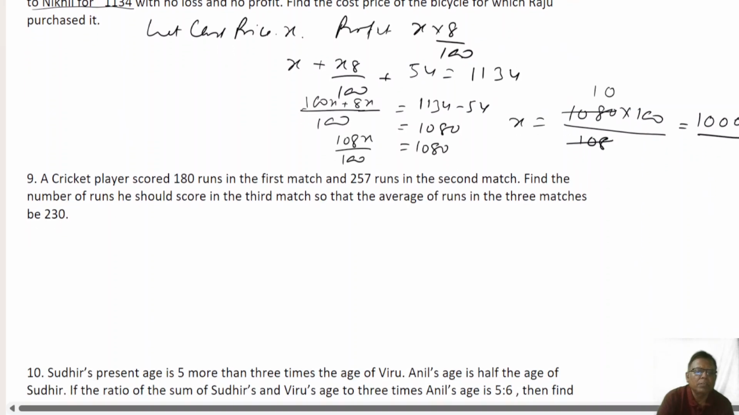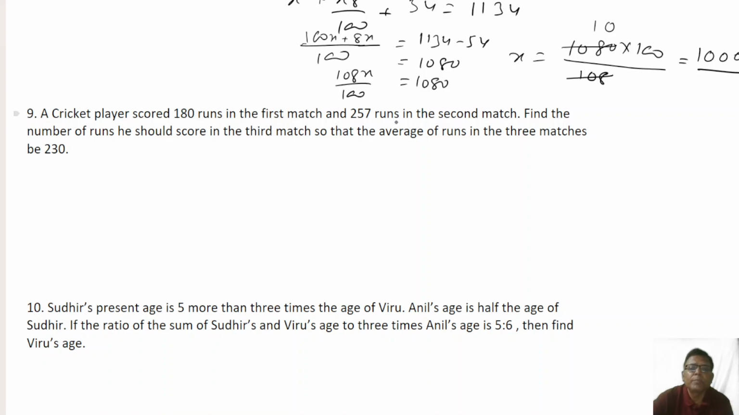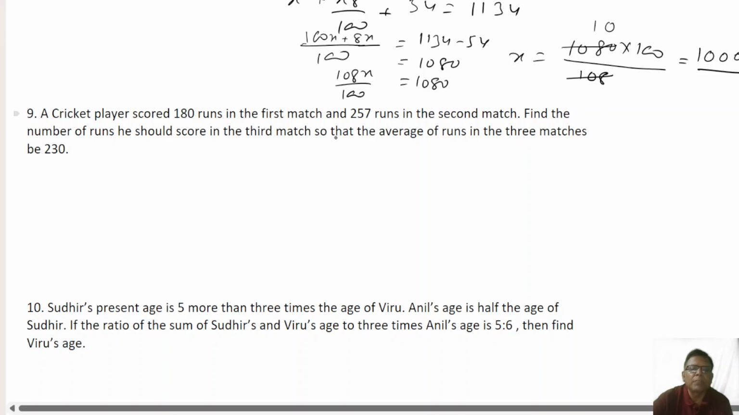Now come to the ninth question. The ninth question says a cricket player has scored 180 runs in the first match, 257 in the second match. Find the number he should score in the third match so that the average run in three matches is 230. So let the third match score